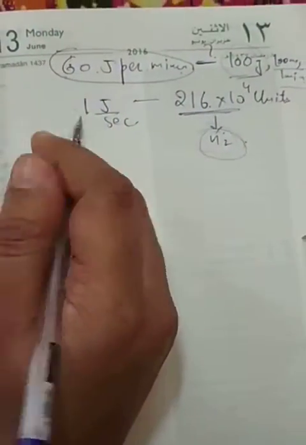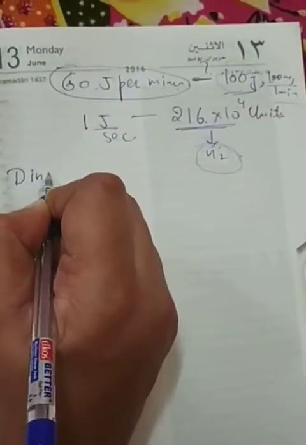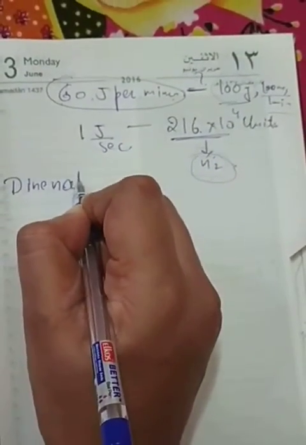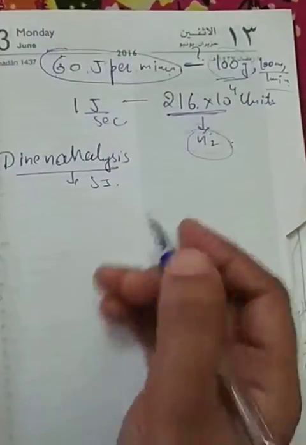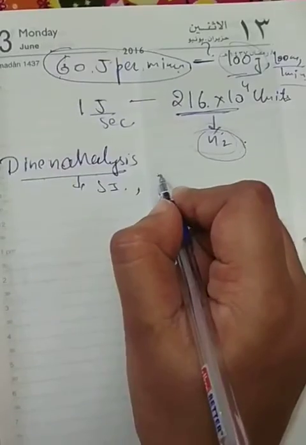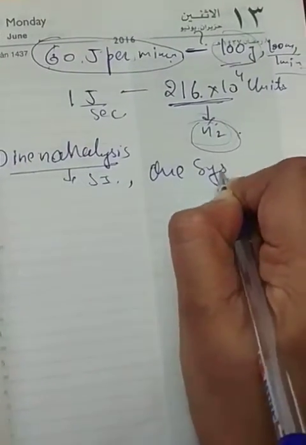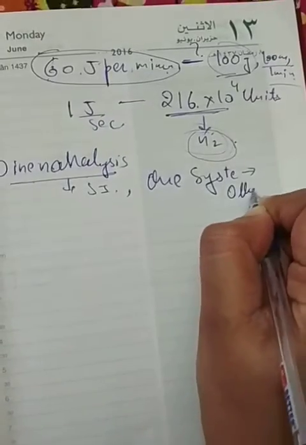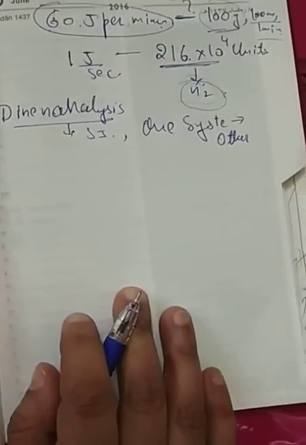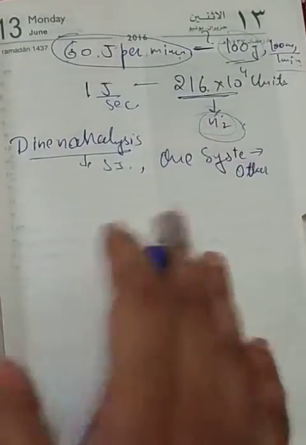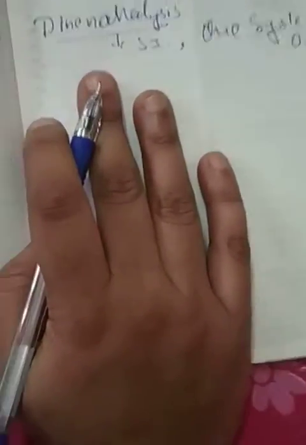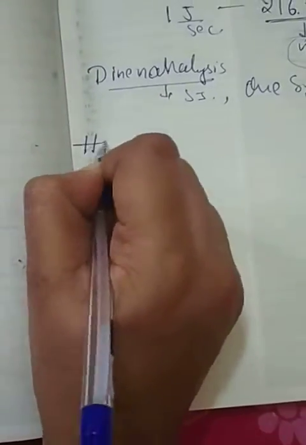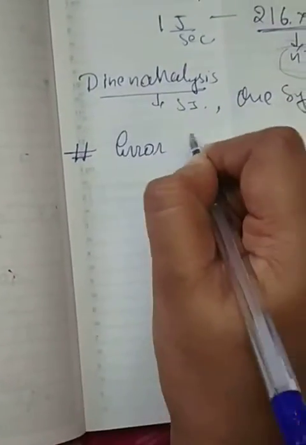So what we did in this video, we learned some questions about the uses of dimensional analysis. How dimensional analysis is good for us. With the help of this we can easily find SI units. We can switch from one system to another system. Are there only two uses of dimensional analysis? No. Dimensional analysis is also used for error correction. One more use.